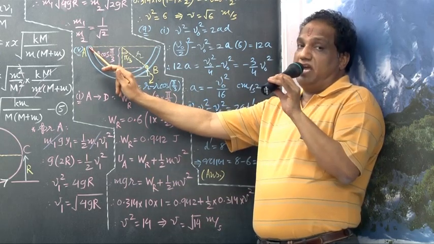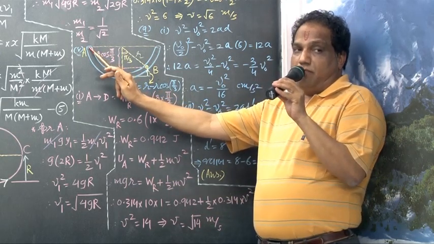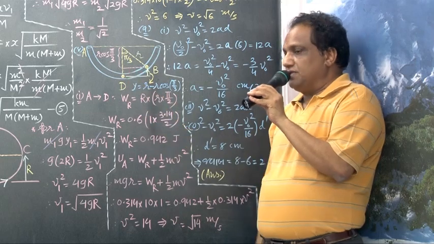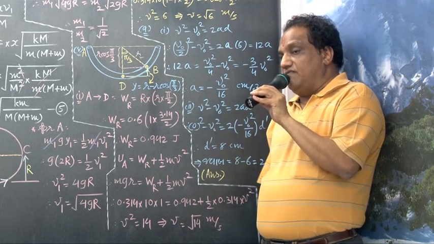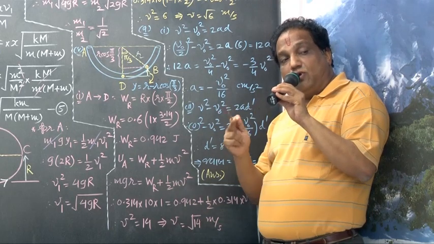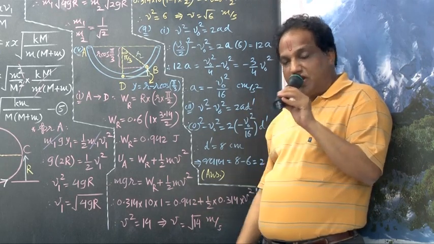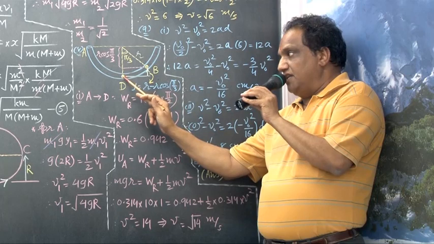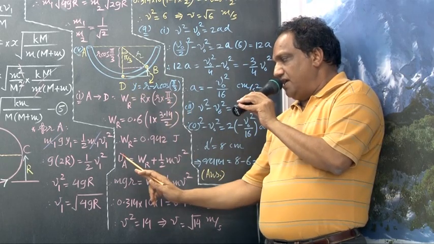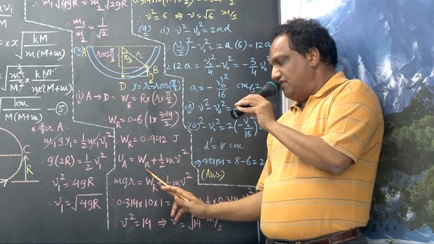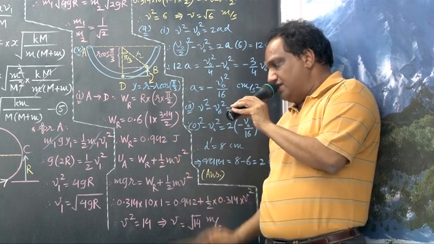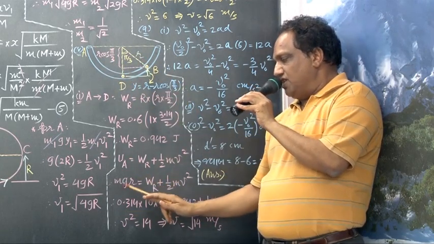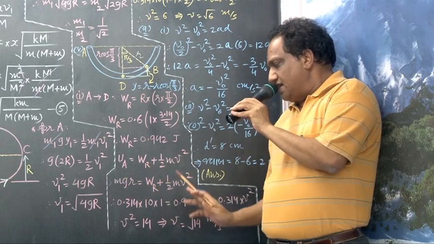Now here the body had only potential energy. By the time it comes here, what happens? Some of the energy is wasted in the form of heat while doing work against the resistive force, and the remaining energy is in the form of kinetic energy. So I'm writing: potential energy is equal to work done against resistive force plus remaining energy in the form of kinetic energy. Now from here to here, the height is decreasing by an amount r. So mgy, where y is r, plus Wr as it is, plus half mv square as it is.